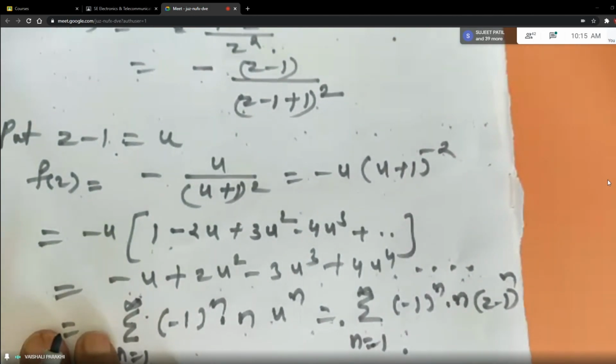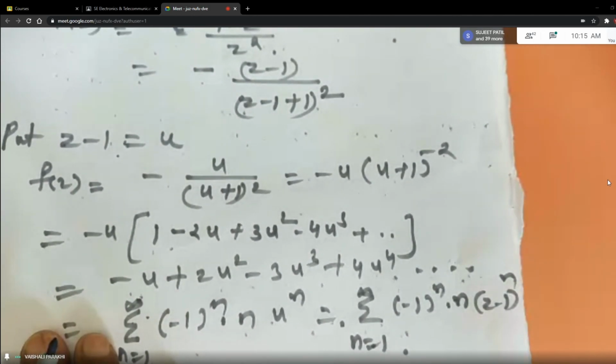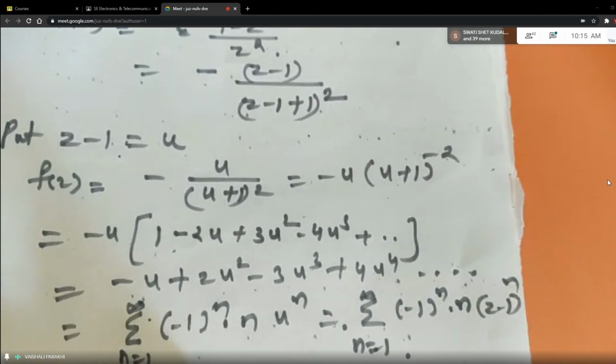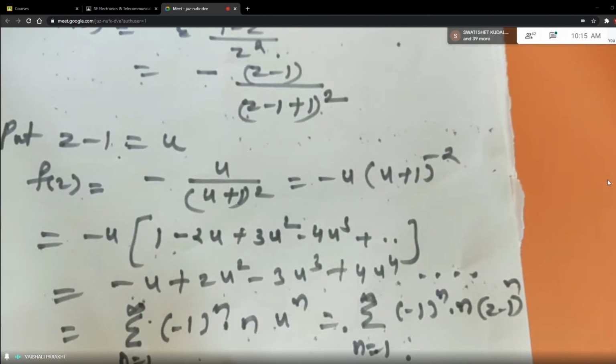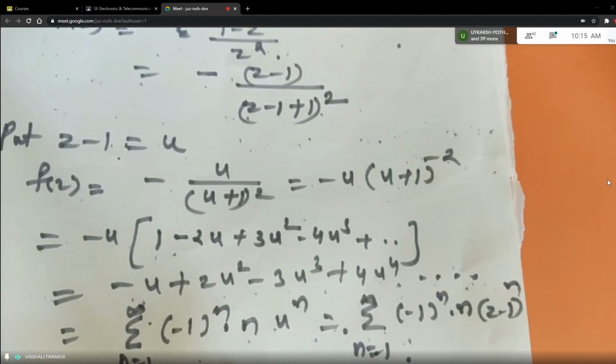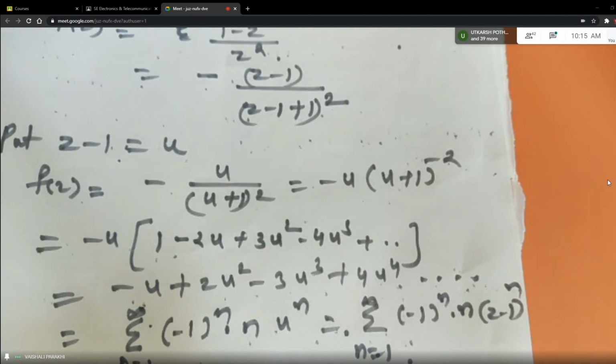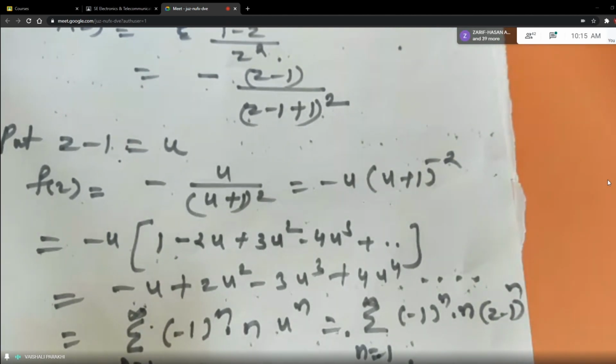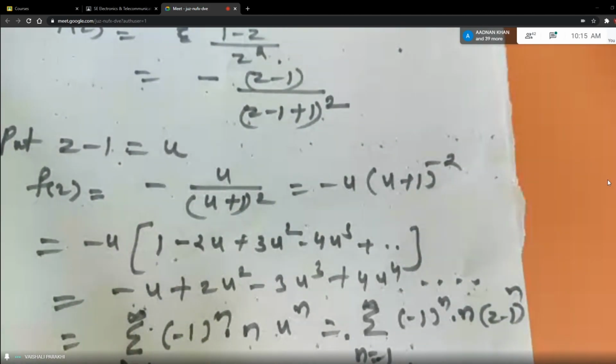So we'll solve some more examples next time. Once you practice, you will be very much confident in these problems. It is not at all difficult. You have to see in terms of what it is asked to expand, and you have to convert your function in terms of that. And you have to learn by heart all the standard series which I have given today. Around 8 standard series are given, so somewhere or the other you need to use these.